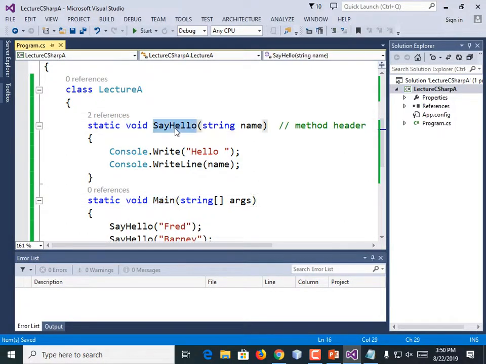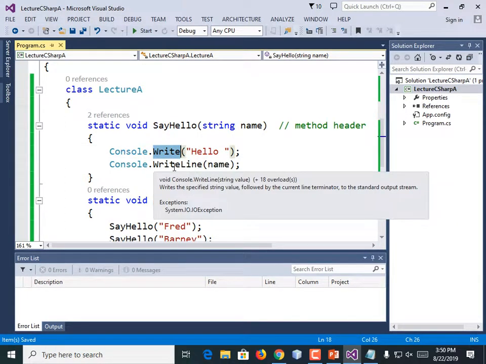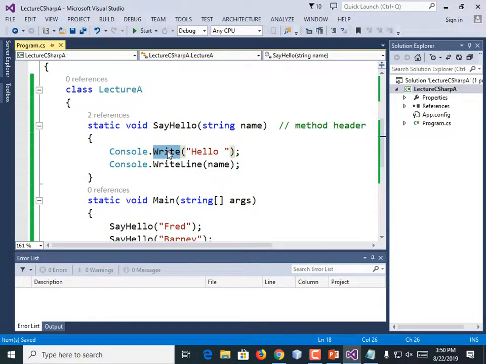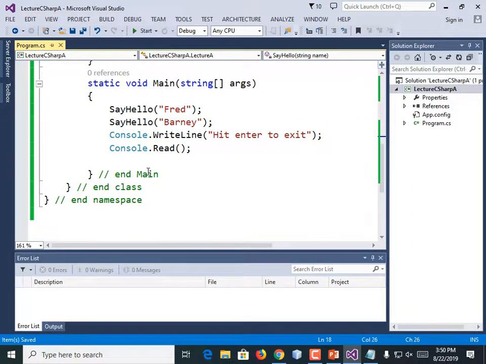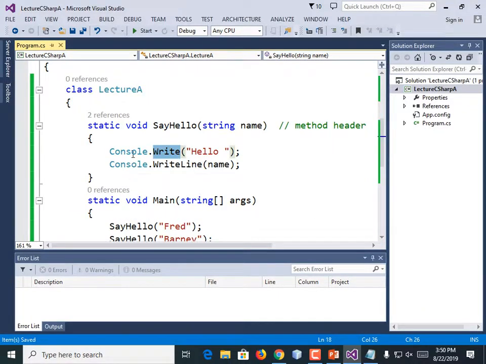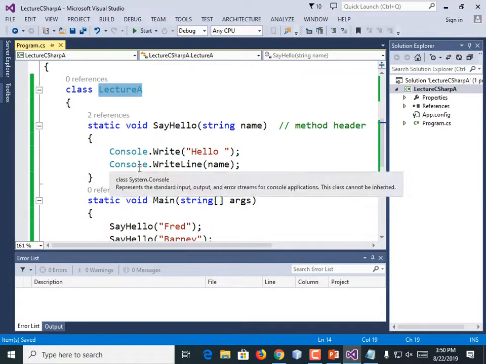All the other words are identifiers that we either created or that the people who created C# created, right? So Write is a method that the developers of C#, that Microsoft, created. That's why it's not blue. It's not a keyword. It's a method. And so the editor does try to colorize things to make it easy to spot, right? To figure out where everything is. So that's a class name. Colorizes those like that, right? What about the namespace? How does it colorize the namespace?